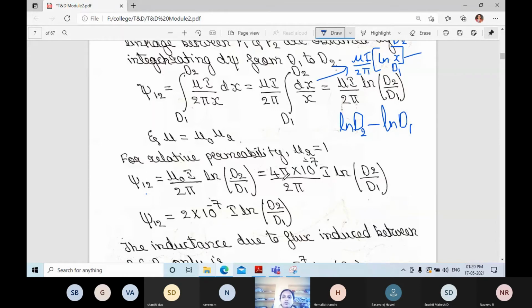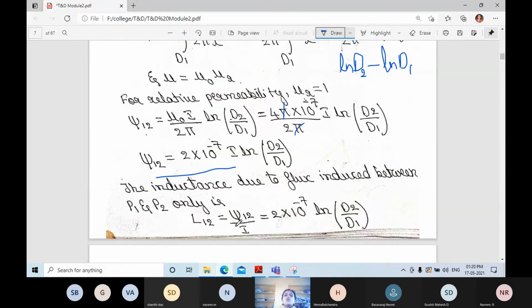4 pi into 10 to the power of minus 7. They have substituted the value of mu naught, and finally you will get 2 into 10 to the power of minus 7 into I ln d2 divided by d1. Pi gets cancelled. So you will get the psi12 value, this one. But what we want is inductance, the inductance due to flux induced between the